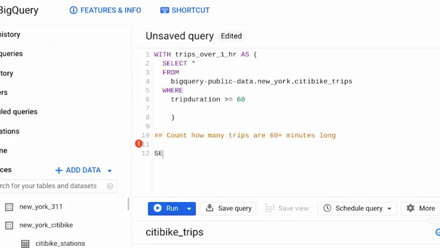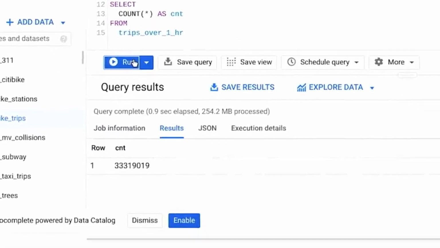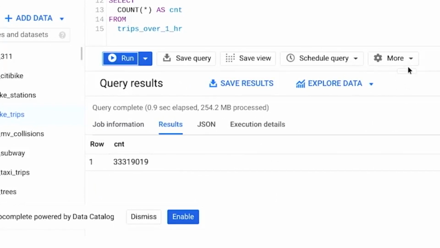SELECT, then on a new line, COUNT with an asterisk in parentheses, and AS followed by CNT to name the column with our count. Next, we'll add FROM and the name we're using for our version of a temporary table, trips_over_1_hour. When we run our query, the results show the total number of bike trips from the dataset that lasted 60 minutes or longer.